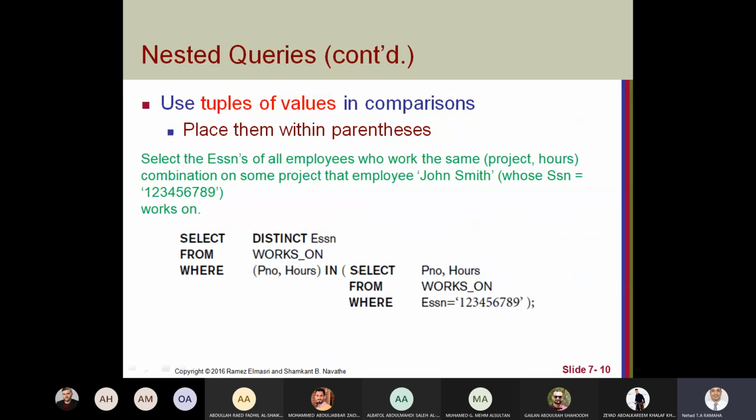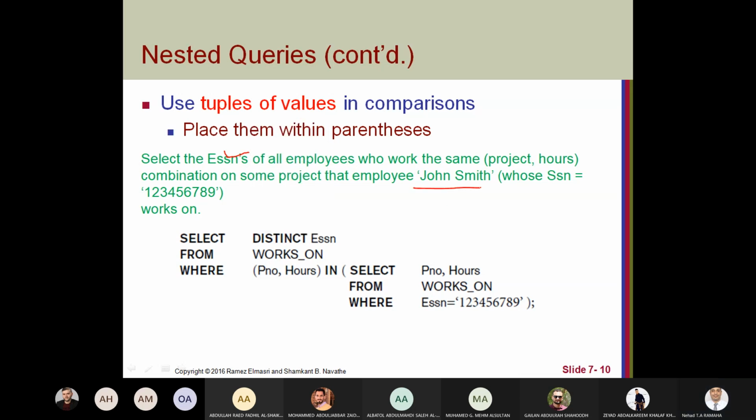What if I need to compare, or get, a set of values or a table of values? For example, here we need to return the ESSN, or the employee number, of employees working on the same project and the same number of hours as employee John Smith.